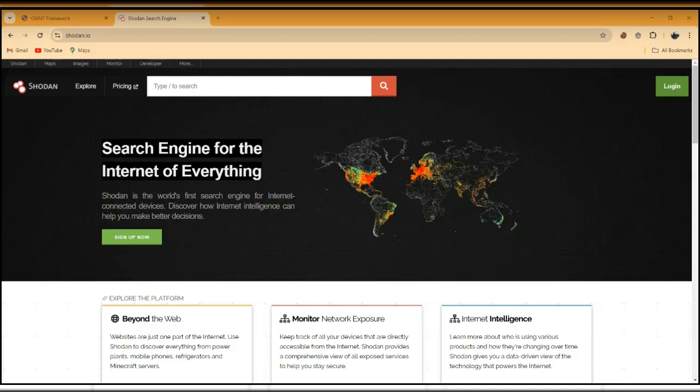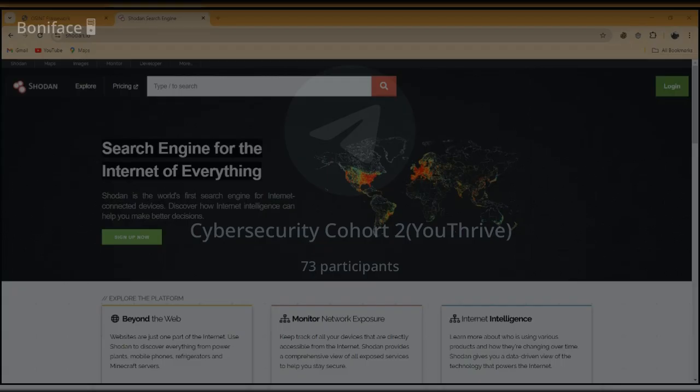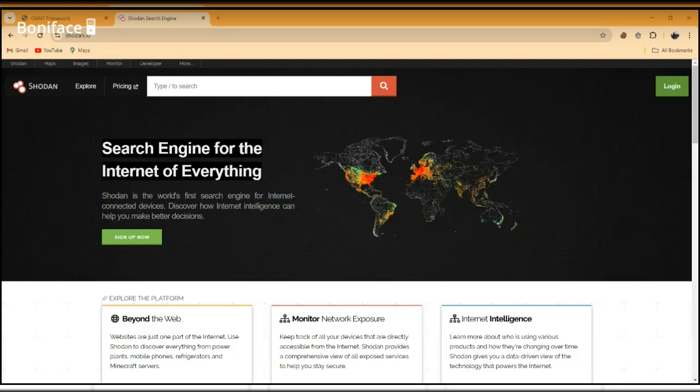Shodan is often referred to as the search engine for Internet of Things. That's IoT. I'm sure you must have heard of it. On their website, they write search engine for Internet of Everything. Basically, they mean the same thing. Now, unlike Google or Bing, which index websites, Shodan indexes information